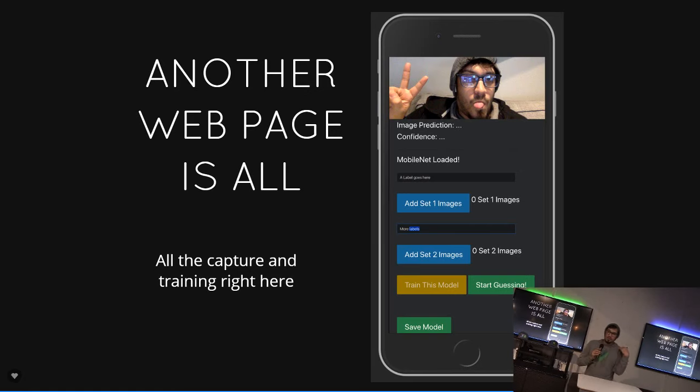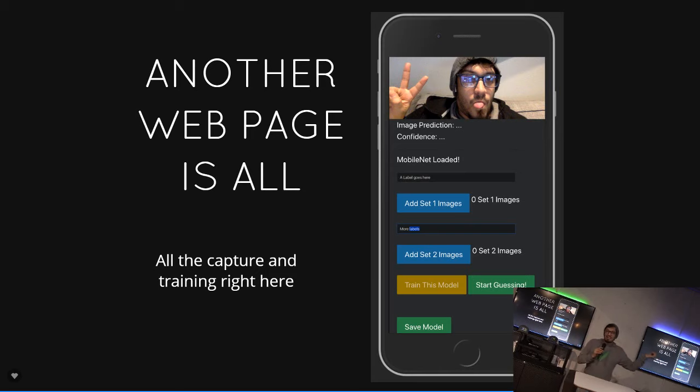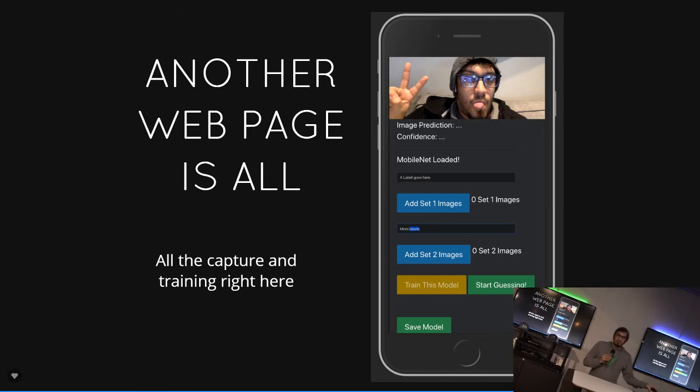So I did the image capture, I did the image training, did some quick guesses on it here, and then saved it, all in the browser. And while that worked fine, the browser did complain after a certain number of images that it was storing in memory. So it was like, yeah, I'm starting to get a little full here, buddy. And then after it complained, when I finally hit that threshold, I told it to train.